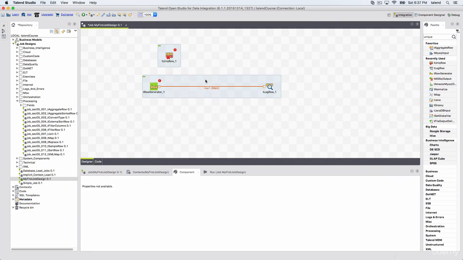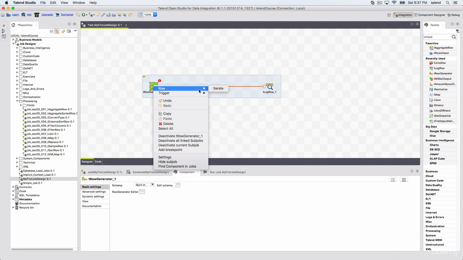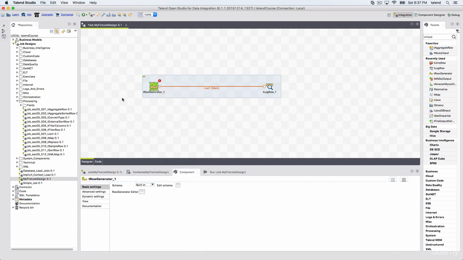We will see all these connection types in action when we talk about those specific components. For now, this is like a theory class where you will learn different types of connections. Then we have iteration connection. So most of the components will have the row and iterate connection. Iterate connection is used to loop on files contained in a directory, or it can be used to loop rows contained in a file, or it can also be used to loop rows in a database.